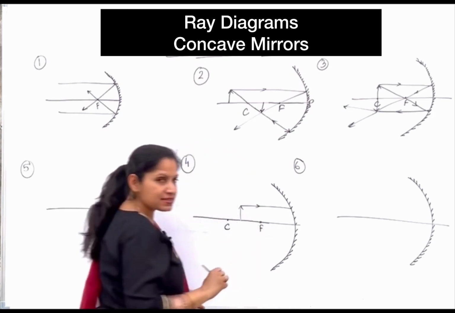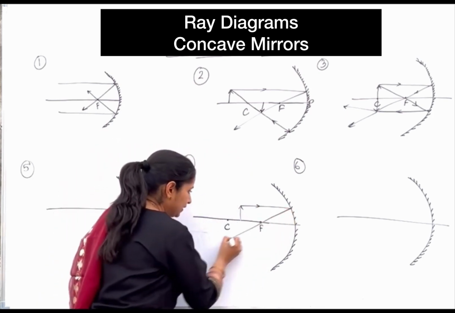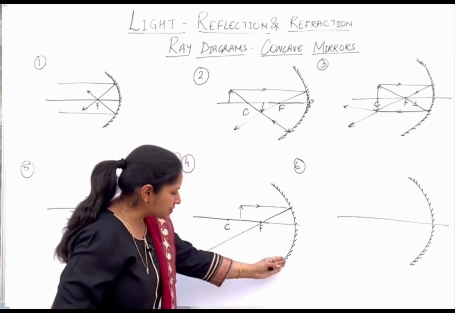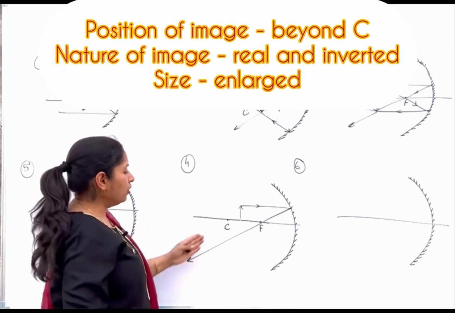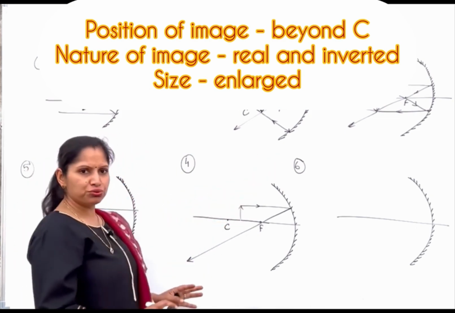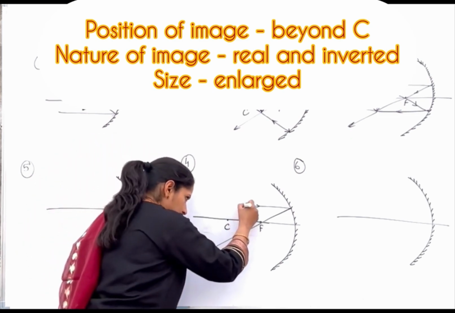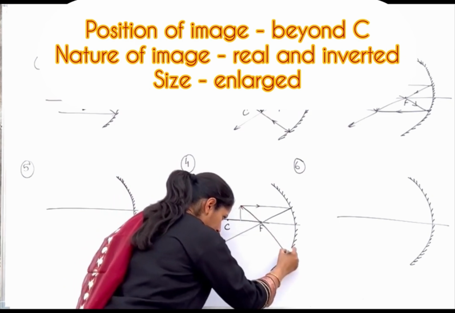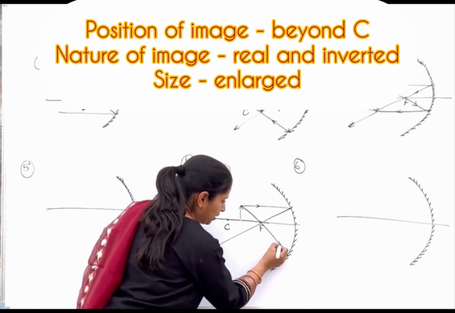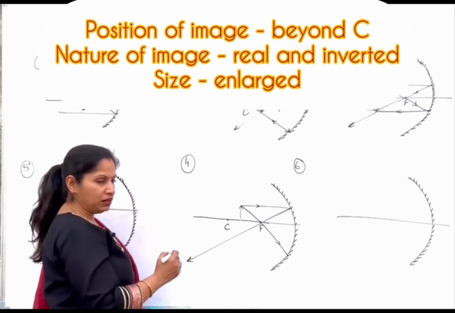वन ऑफ द रूल्स, parallel to the principal axis, after reflection it will be passing through focus, तो पास कर देते हैं इसको फोकस से। सेकेंड रूल, आपकी इच्छा है तो फोकस से पास करवा के पैरेलल करिए, और इफ यू वांट सेंटर ऑफ कर्वेचर से पास करवाइए। ओके, एनी ऑफ द 2 रूल्स यू कैन बी यूजिंग एंड यू विल बी गेटिंग द प्रॉपर इमेज। सो आई एम यूजिंग दिस रूल। सेकेंड रे ऑफ लाइट मेरी फोकस से पास होकर आ रही है, रिफ्लेक्ट होने के बाद में पैरेलल चली जाएगी, पैरेलल टू द प्रिंसिपल एक्सिस,